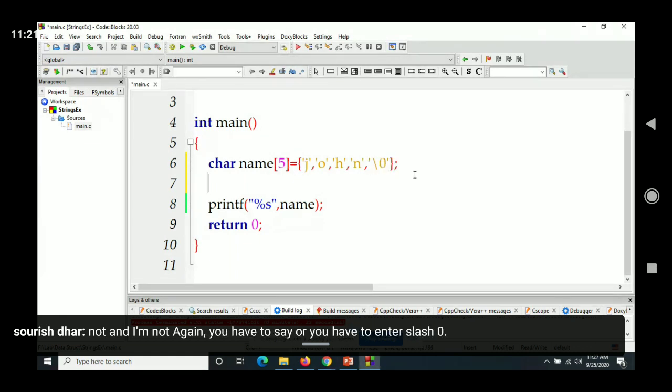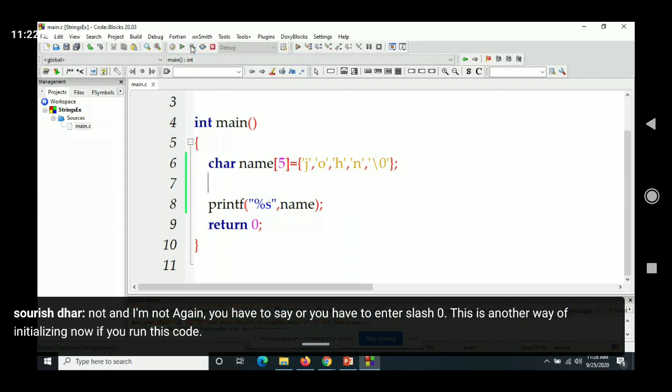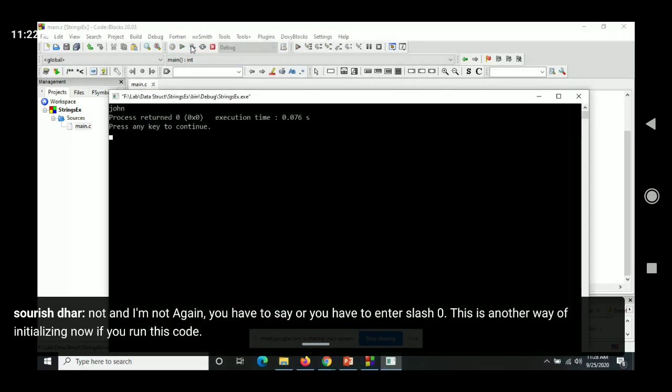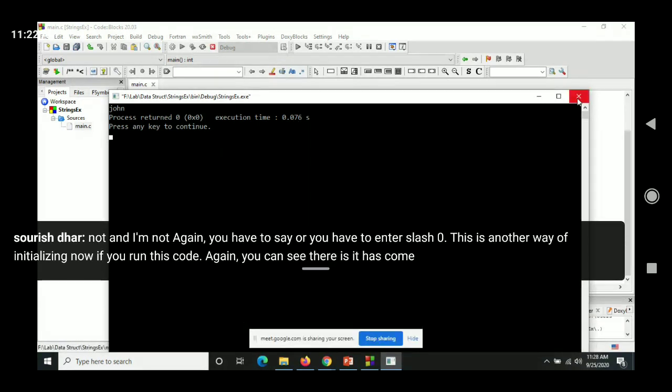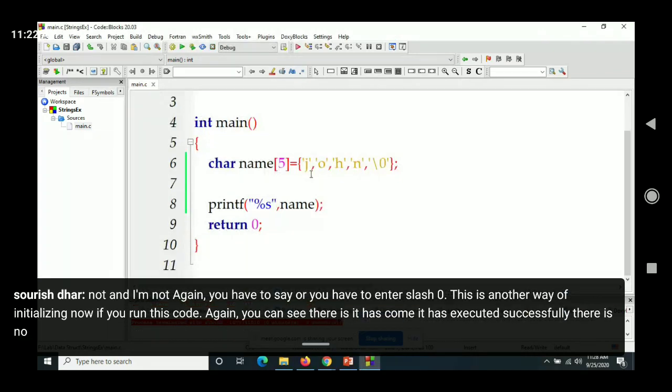This is another way of initializing. Now, if you run this code, again you can see it has executed successfully. There is no problem. So this is another way.